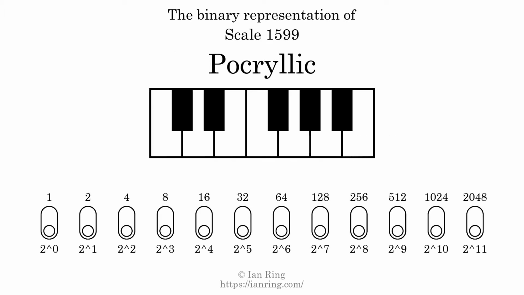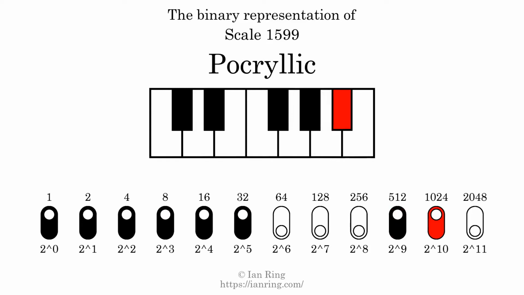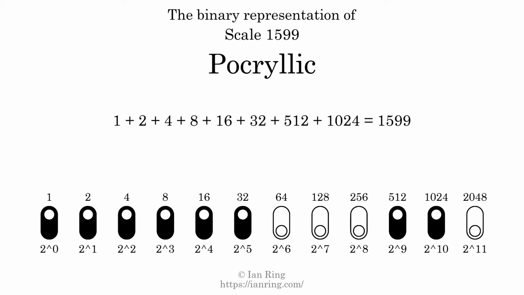The binary representation of this scale is determined by mapping tones of the scale to binary digits. Each binary digit represents a power of 2. To get the scale number, we add the powers of 2 together. The powers of 2 that are present in the scale, all added together, equals 1599. That is why the scale number, in decimal, is